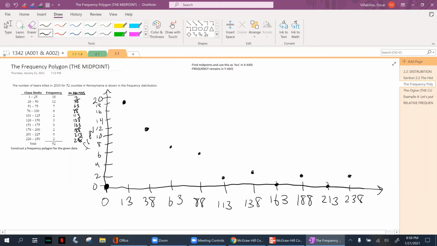Now the best part: connect the dots. Ta-da, there you go. So this here is the frequency polygon graph, or the midpoint graph. There's no shading in, it's just dots and connect them. Let's move on to the second one,